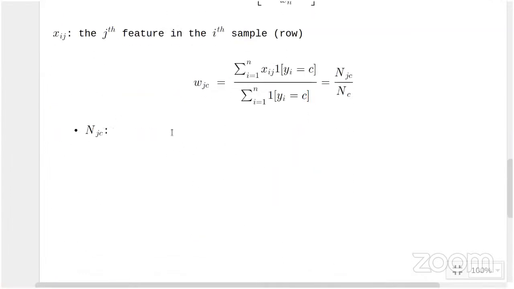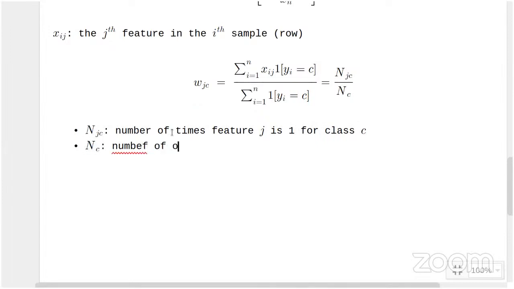Okay, so can someone tell me what n_jc is in the notation that we have here? So number of times the feature j is equal to 1 for class C. Exactly, right? So number of times feature j is 1 for class C, right? And what would n_c mean? Number of observations in class C. Right, so if you know this, then yeah, that is all you need to know about. I mean, I won't say that is all, but this complex formula is essentially all there is to